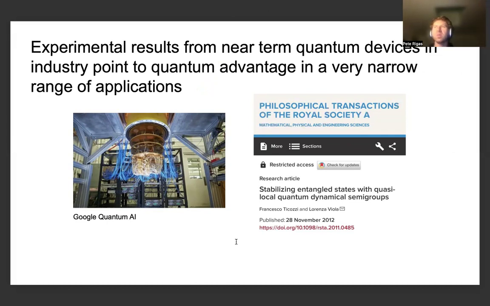So even though there was a recent quantum supremacy experiment by Google that demonstrated that they could run some type of quantum algorithm that would take like 10,000 years for a classical algorithm to run, this was very much a contrived problem, taking as much advantage of the near-term quantum hardware that they had as possible. So it's very much interesting and still a direction of research in current interest to determine whether any